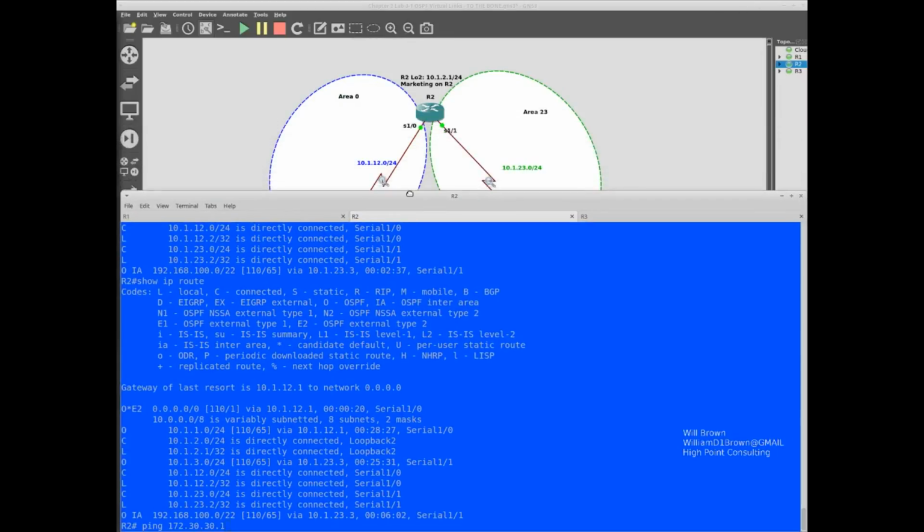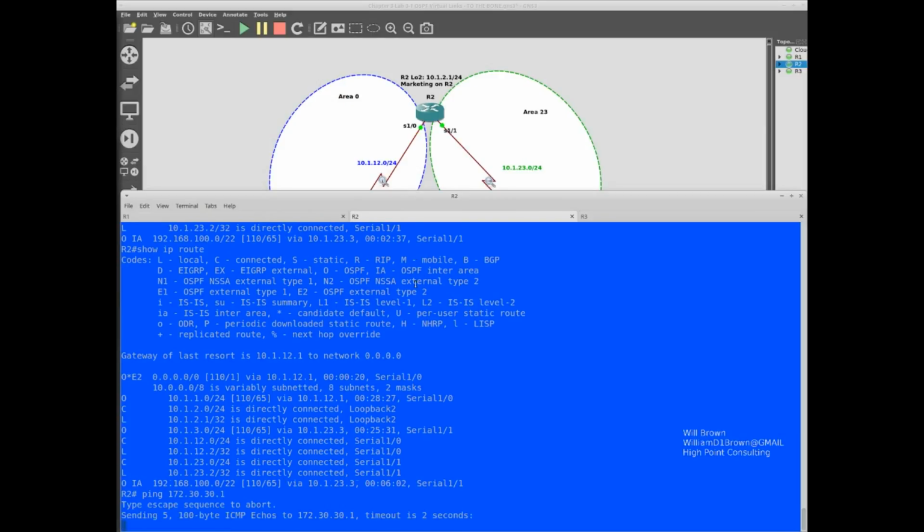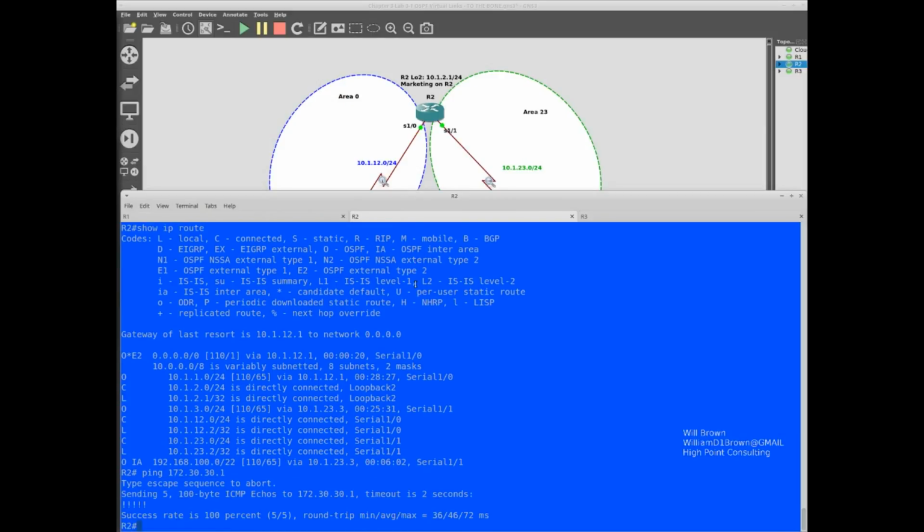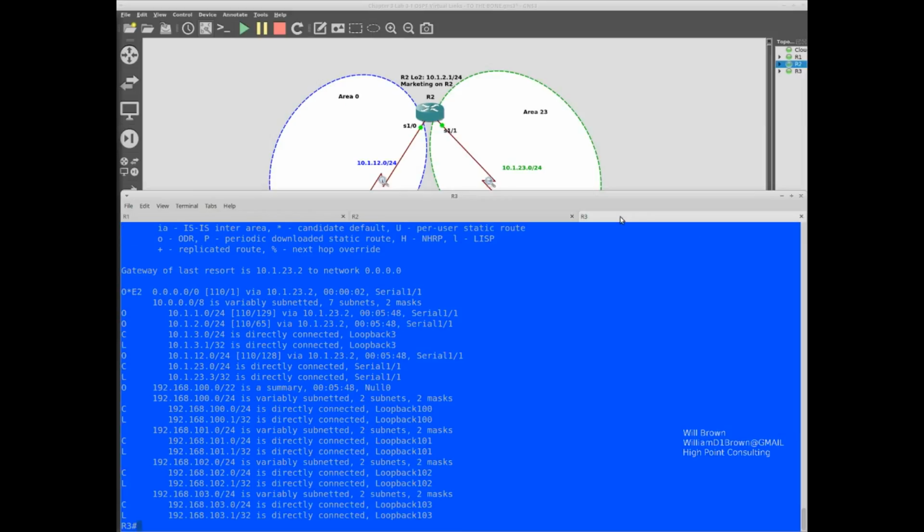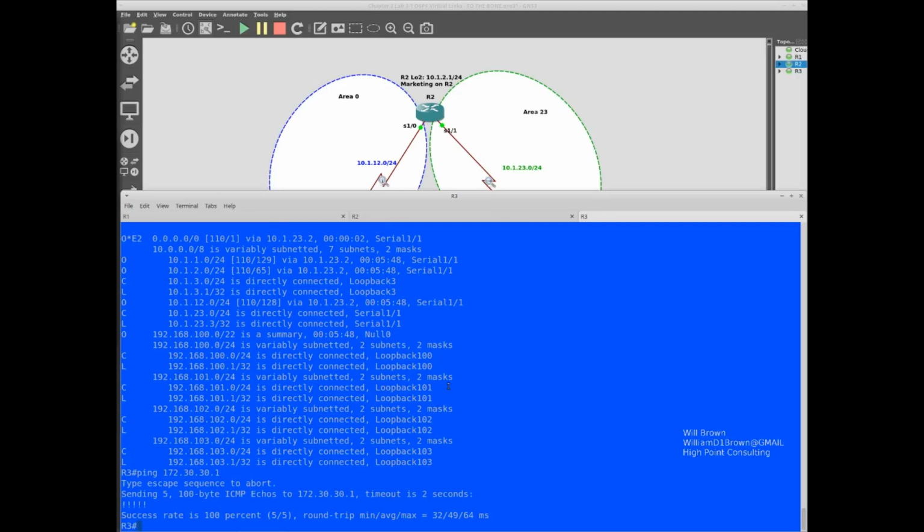It's been a long day. Yay, success. So router 2 now has access to this network that we're simulating as our internet. So router 3, ping 172.30.30.1. Okay, now we have the connectivity that we wanted.